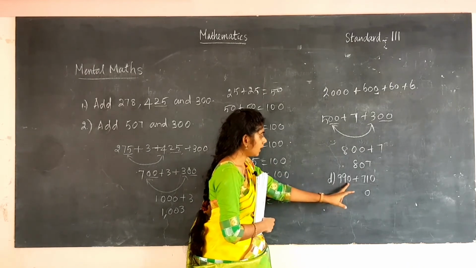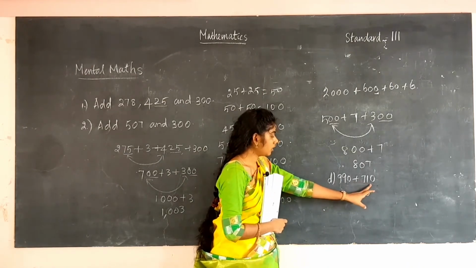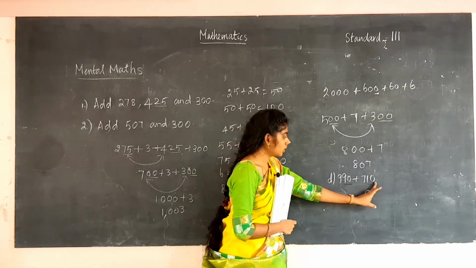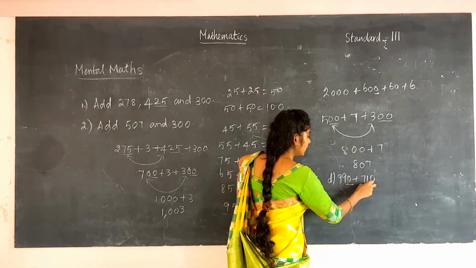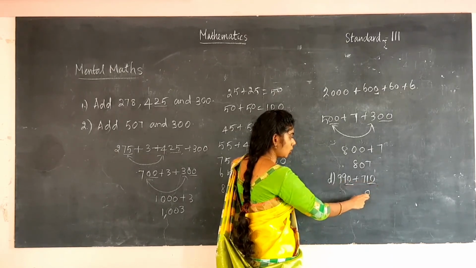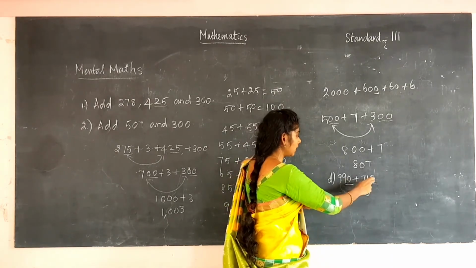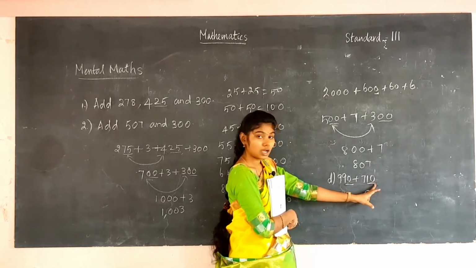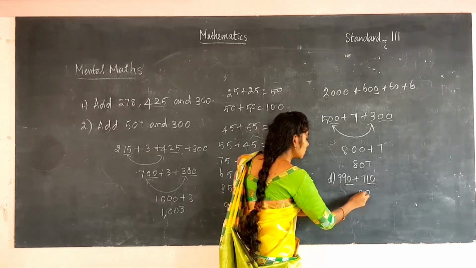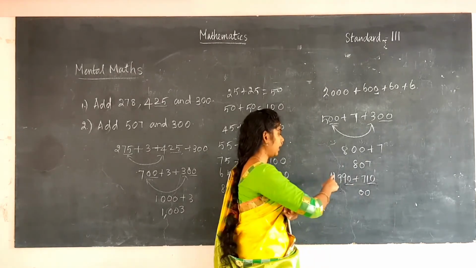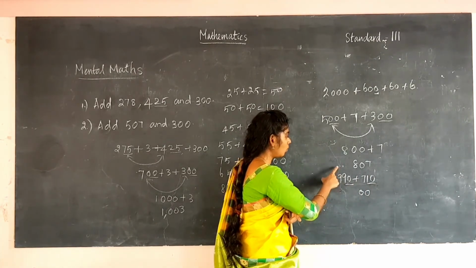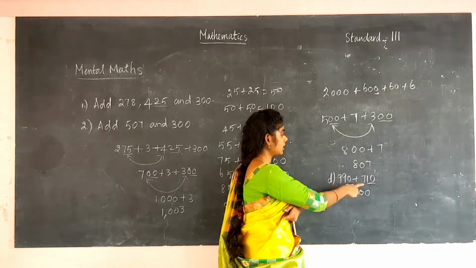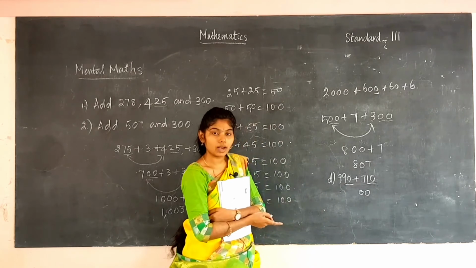Then see here 99, here 71. So you can add like this also. In the last two places you can take the 90 and the 10. Last place is 0, you are writing 0, and then you can take 90 and 10 is 100. So you know 90 and 10 is 100. So you can write 2 zeros and the 1 should be kept in the mind. Then the 9 and 7 are remaining. So you are adding 9 and 7.